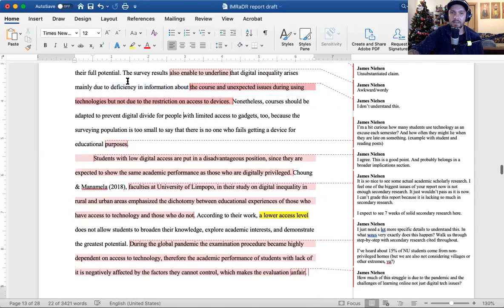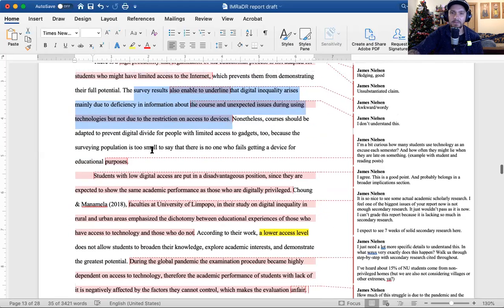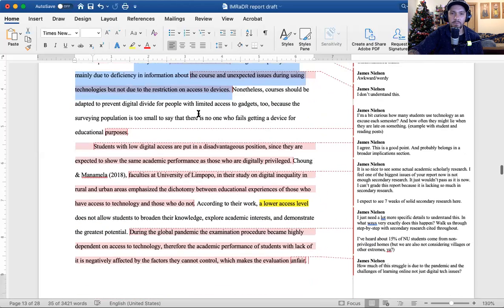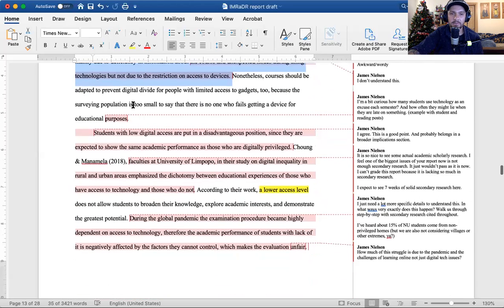Yeah. Okay. So again, it's just not specific enough. Okay. What does that mean? Like, tell me very specifically. Nonetheless, courses should be adapted to prevent digital divide for people with limited access to gadgets too, because